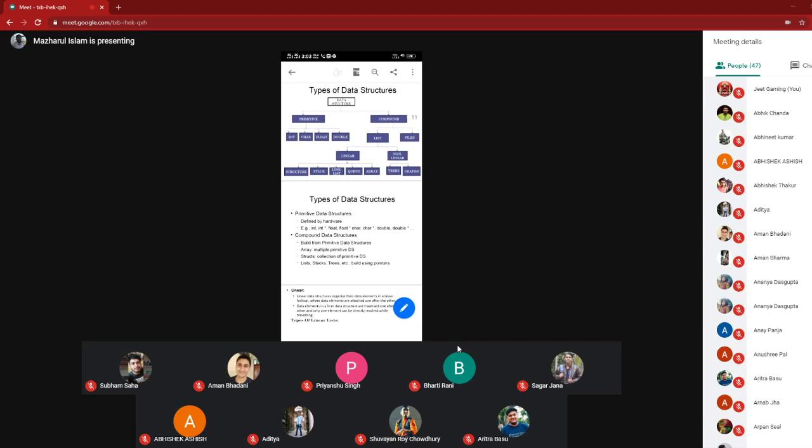Array as a data type means some similar kind of elements are stored in memory somewhere. That is one thing. And another, what are the various kinds of operations you can perform on that array? You can traverse the array. You can insert an element at the end of the array. You can insert an element in the middle somewhere in the array. You can delete from anywhere in the array. So these are the operations on that array. You can count the total number of elements in an array.